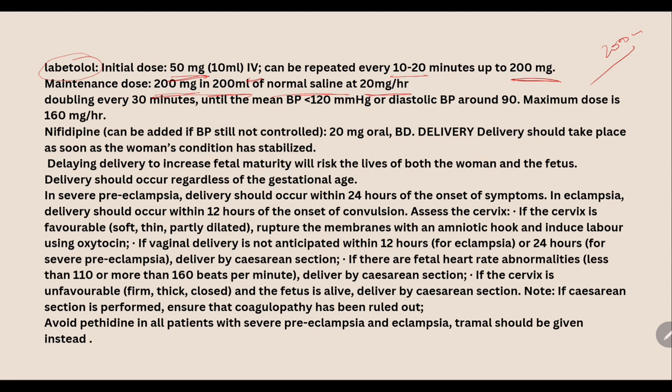Assess the cervix. If the cervix is favorable, we have already discussed that. If the cervix is favorable, then rupture of membrane with an amniotic hook can induce the labor with oxytocin. If vaginal delivery is not anticipated within 12 hours or 24 hours,